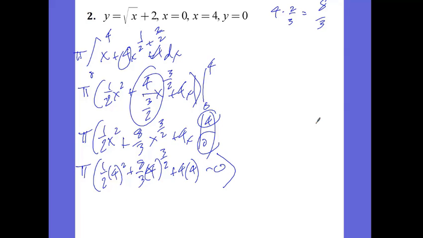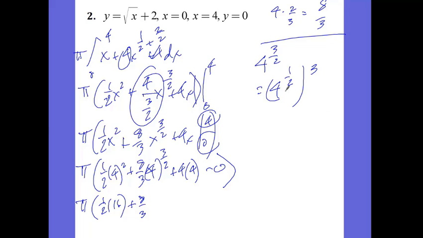Oh, happy day. Okay, so first off, this first one's easy. 1/2 times 4 squared is 16. 8/3 times 4 to the 3/2. Now, remember, 4 to the 3/2 is the same thing as saying 4 to the 1/2 cubed. You take the root denominator first and raise it to the exponential numerator. So 4 to the 1/2 is simply saying square root of 4, which is 2, cubed, so 4 to the 3/2 is 8. Plus 16,